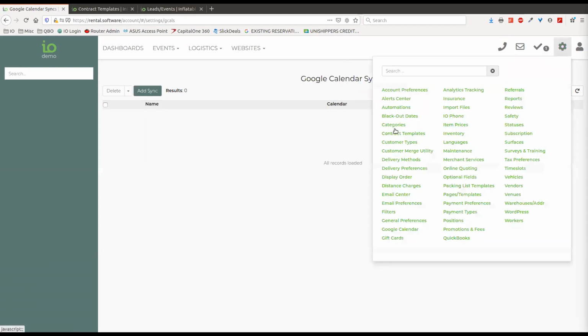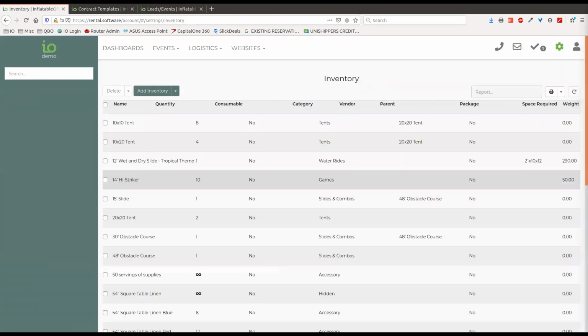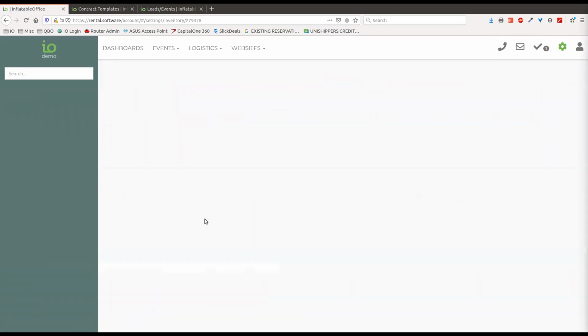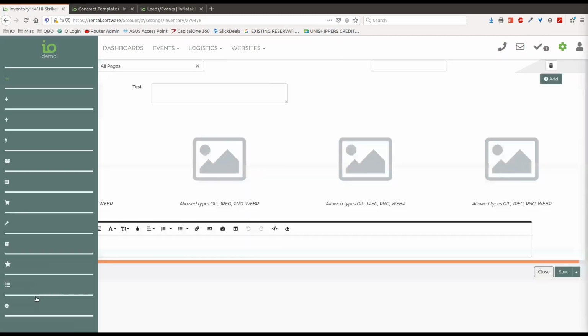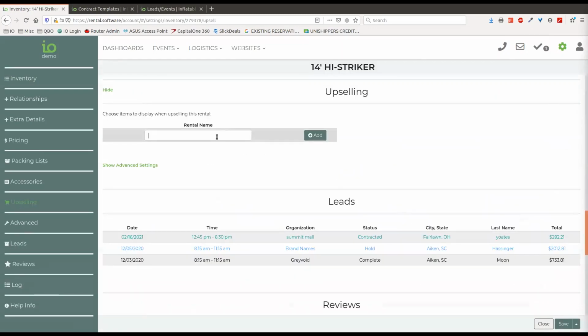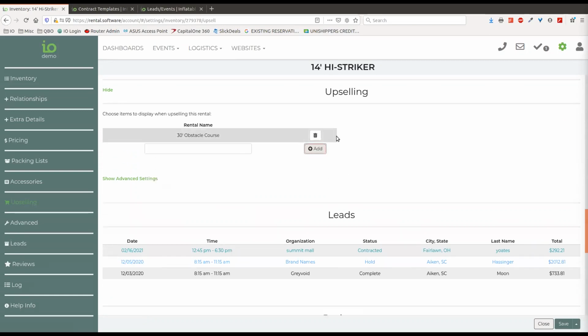Somebody asked about upselling on the inventory. If you look on this menu over here, it's one of the menu items, upselling. You would just type in and search for what you wanted and add it. So what that's going to do is when we're displaying a quote, or if you want to think about it as the cart checkout page,